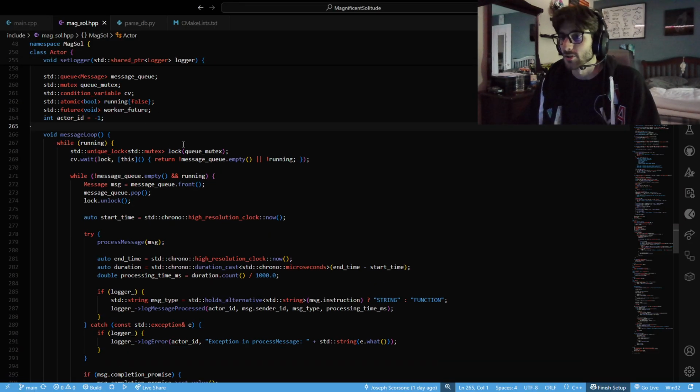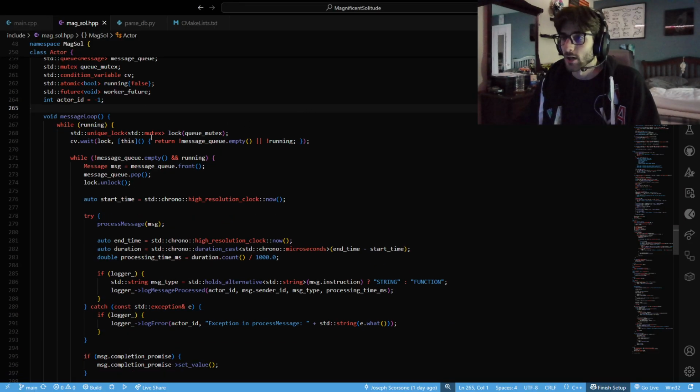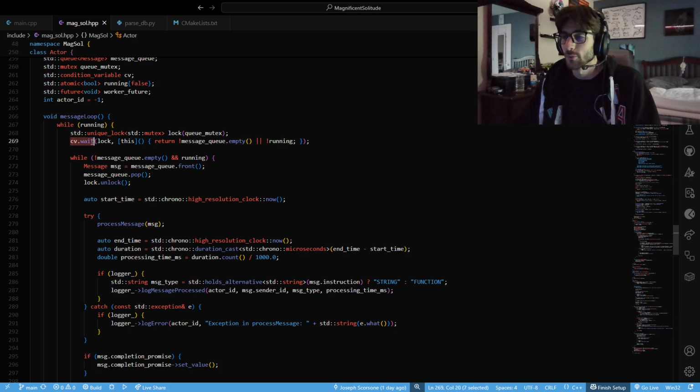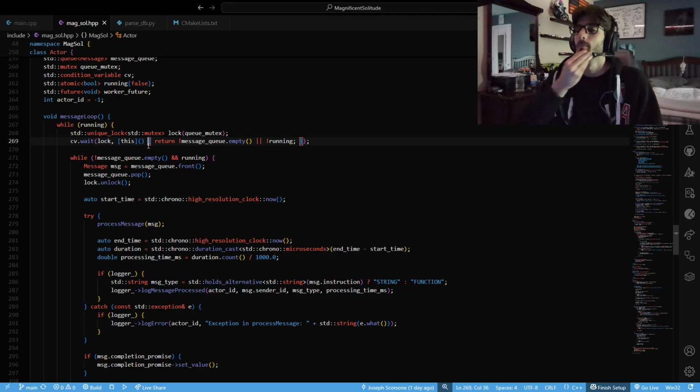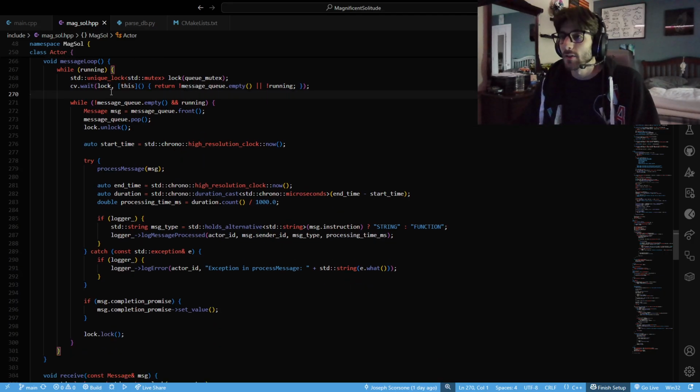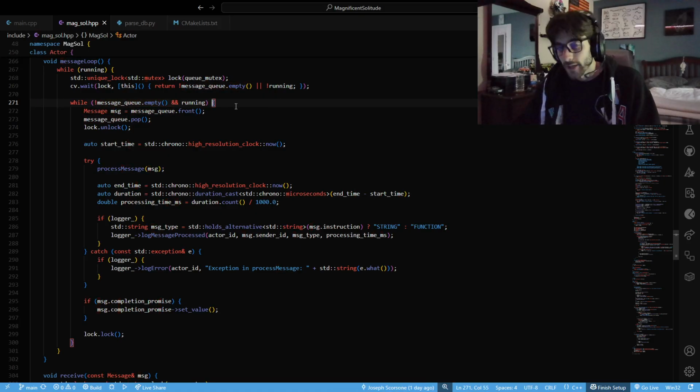So in our message loop, we are going to lock our mutex, and use our conditional variable to wait with this lock and this scope. And then while the message queue is not empty and we're running, which basically means that we have a message to process, we're going to get that message, pop it from the queue, and then we can unlock it here